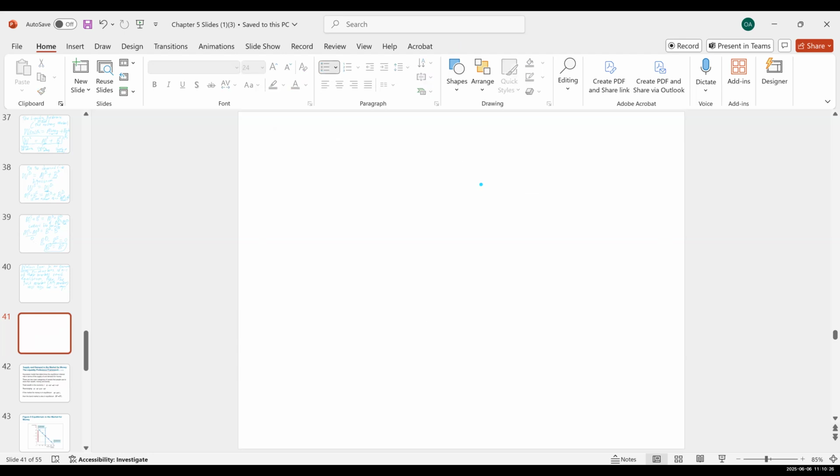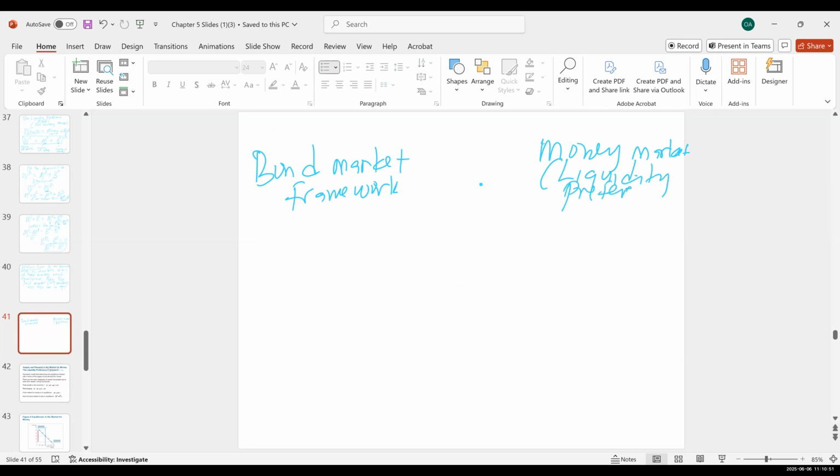So in chapter 19, we say that the money market, okay, let's first draw the bond market. So, bond market framework. I'm going to talk about it, then draw it side by side with the money market, which Keynes called the liquidity preference model. Okay, so here Keynes is arguing that you have P, I here,